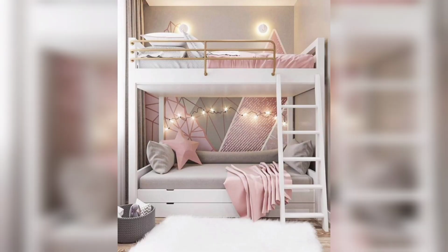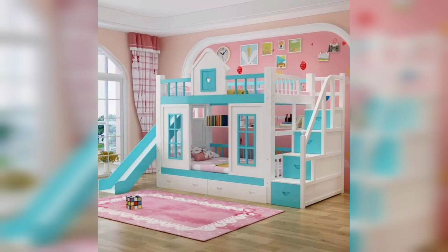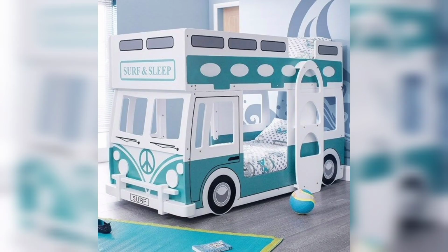You can see the collection with the night theme. This is so beautiful and amazing, and the color choices in this too, and